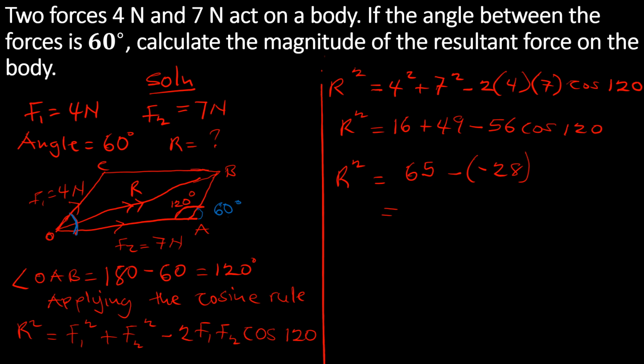So 65 minus minus 28. The two negatives will give us positive. So 65 plus 28 is 93. So R squared is equal to 93. And remember, we have to find the resultant, not R squared. So R will give us root of 93. So let's use our calculator. Root 93,